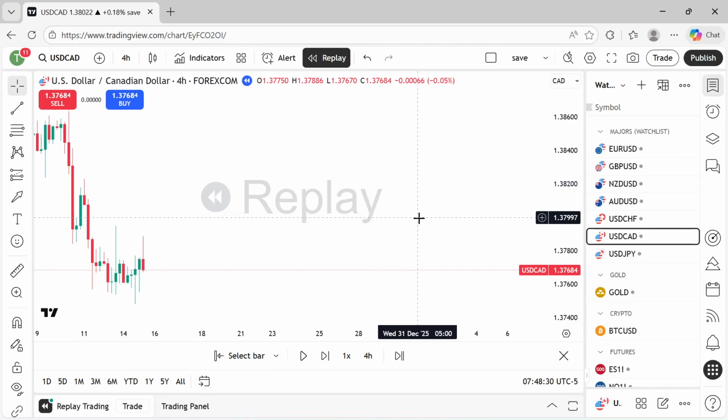So if you want to use this on the 1 hour, you can. 15 minutes, you can. Weekly, you can. Monthly, you can. Price is fractal. What occurs on one time frame occurs on another. Okay? So I want to go over this example with USD CAD, but first, before we dig into this,